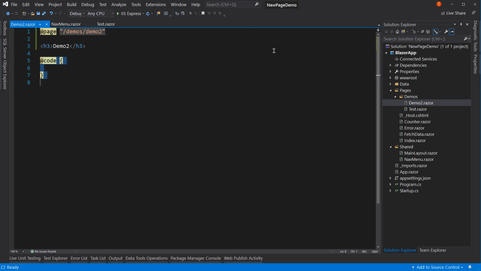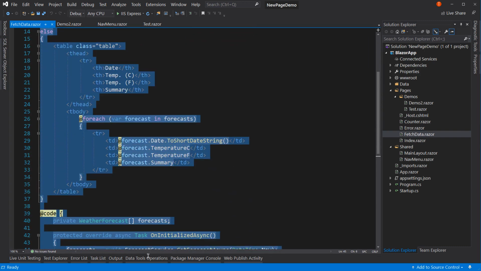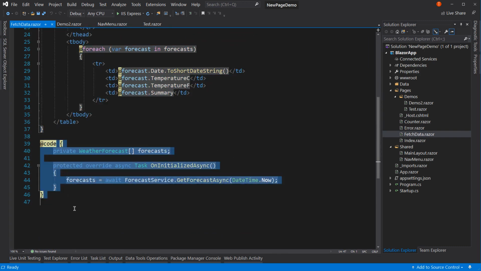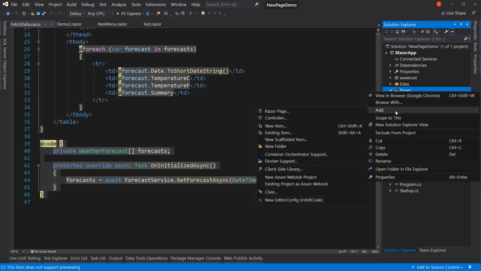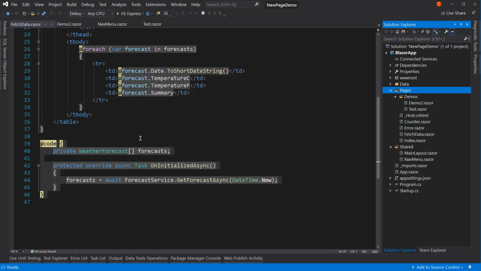That's your full page. That's what, for example, fetch data is. We have our page directive and a using and an inject, but then we have our HTML, and then down here we have our code. That's the basic structure for a Blazor page or a Razor component. They're kind of the same thing. So I don't want to belabor this because I think you get it. It's just right-click, add, new item, Razor component, name it,